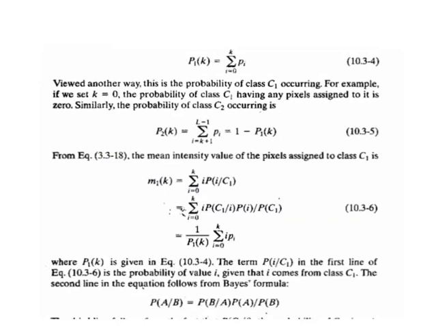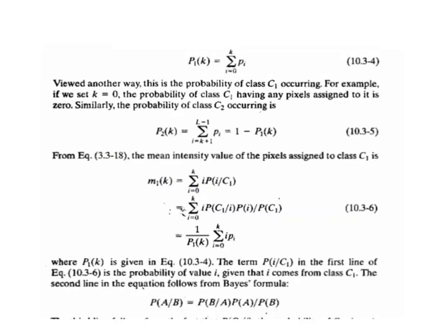Now suppose that we select a threshold, that is T(k) = k, where k lies from 0 to L-1, and use it to threshold the input image into two classes, C1 and C2, where C1 consists of all the pixels in the image with intensity values in the range 0 to k, and C2 consists of the pixels with values in the range k+1 to L-1. Using this threshold, the probability P1(k) that a pixel is assigned to, that is thresholded into, class C1 is given by the cumulative sum, P1(k) = summation of i = 0 to k of P(i).